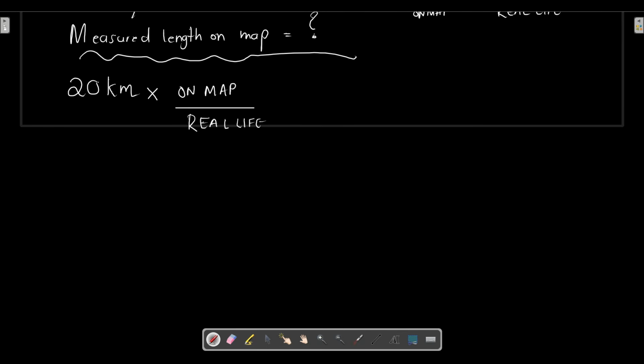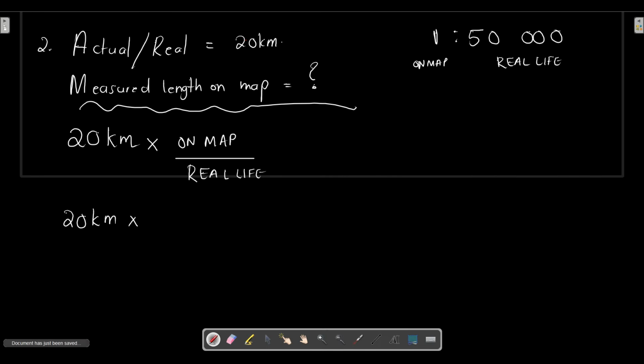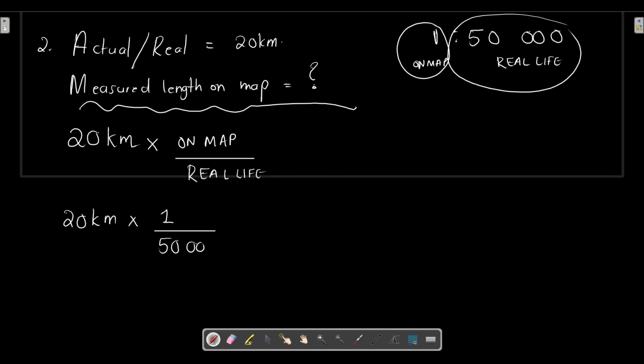So if you take 20 kilometers multiplied by what value represents the units on the map? It's 1, divided by what value represents the units in real life? 50,000. Whatever answer you get is going to be in kilometers. Do you see that the kilometers haven't cancelled with anything? So your final answer is going to be in kilometers. So 20 kilometers multiplied by 1 divided by 50,000, you will get